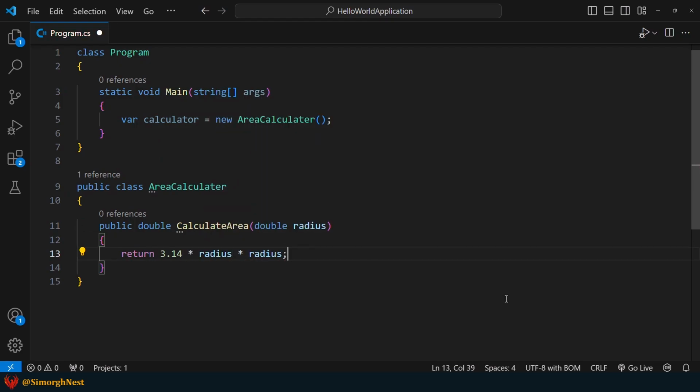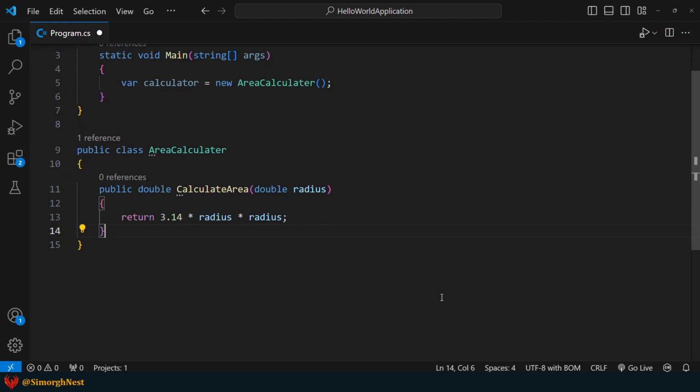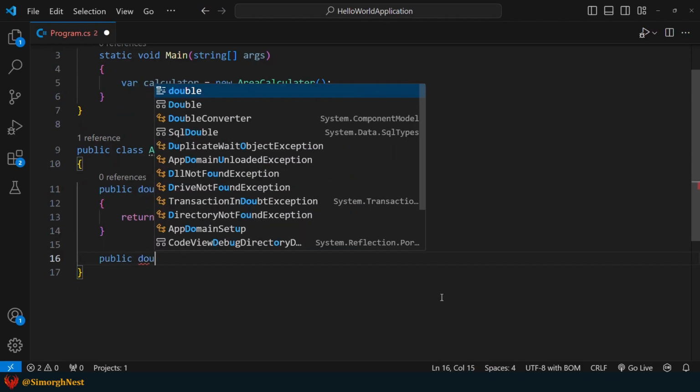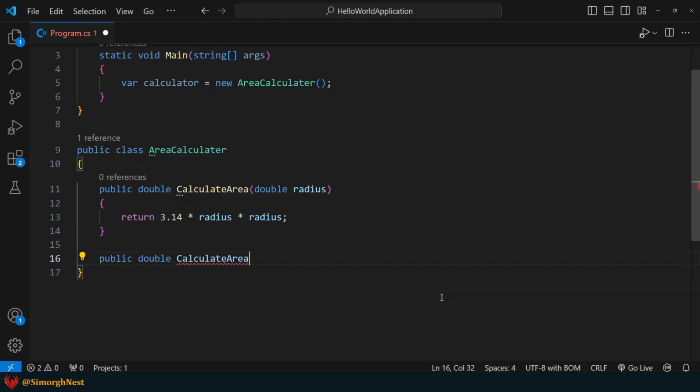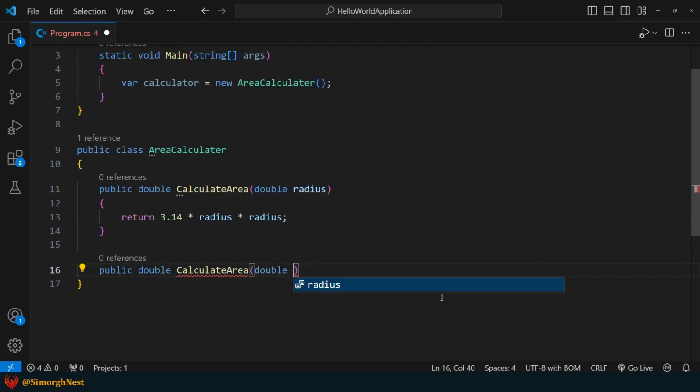When called with one argument, it treats it as a radius, so it calculates the circle area and returns it. The second calculateArea is overloaded to take two doubles for length and width to calculate a rectangle area.